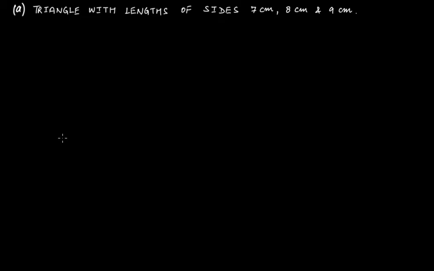This video tutorial is about problems on the types of triangles. So let's begin with the first one, and the first problem is a triangle with lengths of sides 7 centimeter, 8 centimeter, 9 centimeter. So assume that you have a triangle ABC,